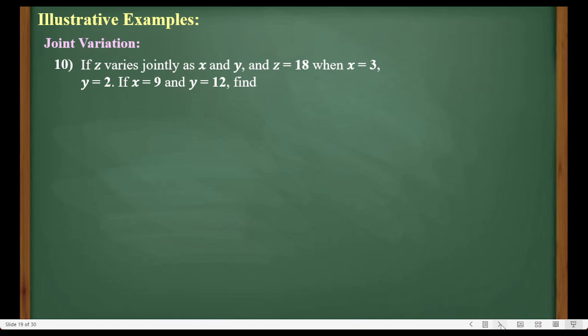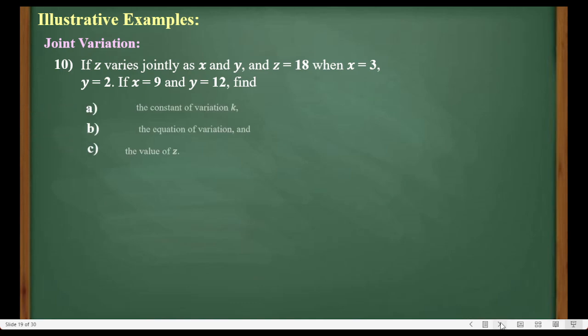Suppose we have z varies jointly as x and y, and z is initially 18 when x is initially 3 and y is initially 2. So these are the initial values of these quantities. Now, if the final value of x is 9 and y is 12,